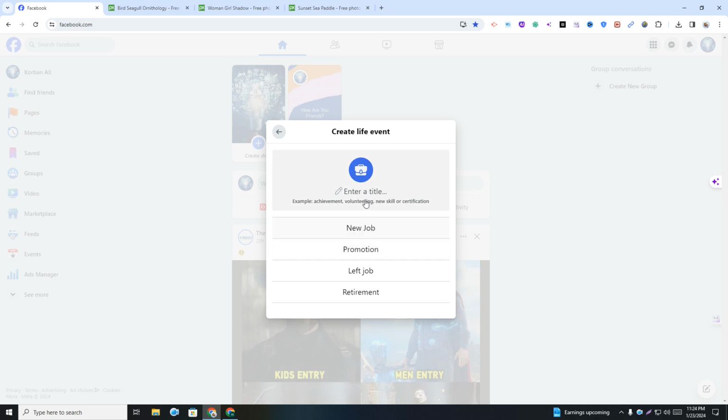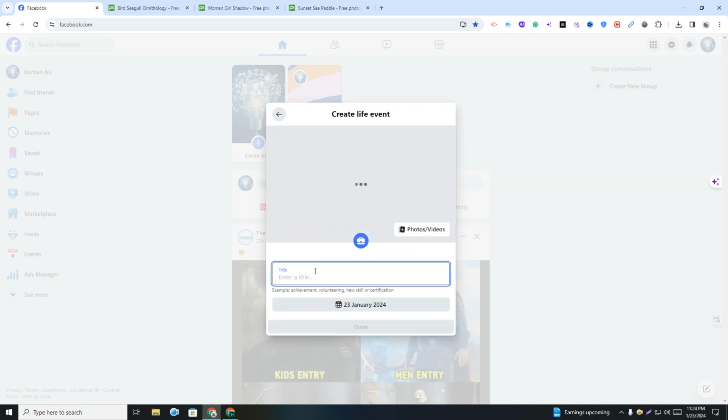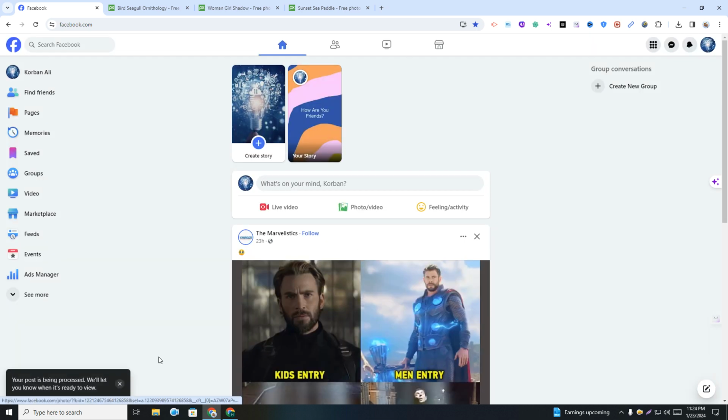some pre-made ones, but if you want, okay, like assistant manager at, you can give the page name. If you want, you can give the page name or group name or people name, and then